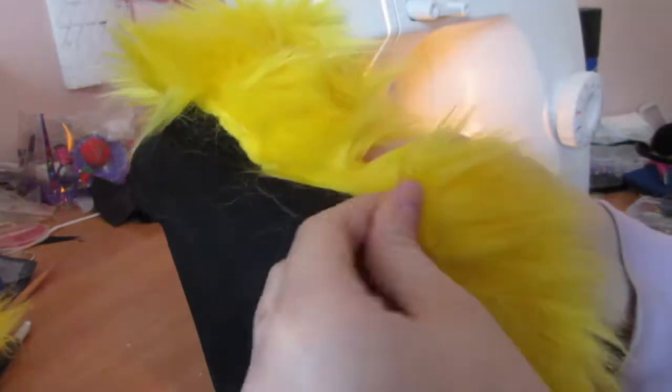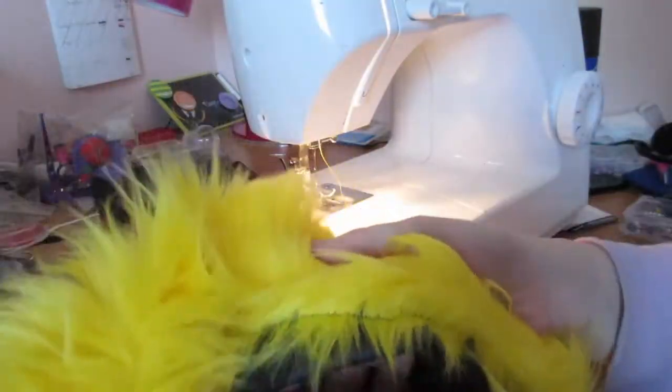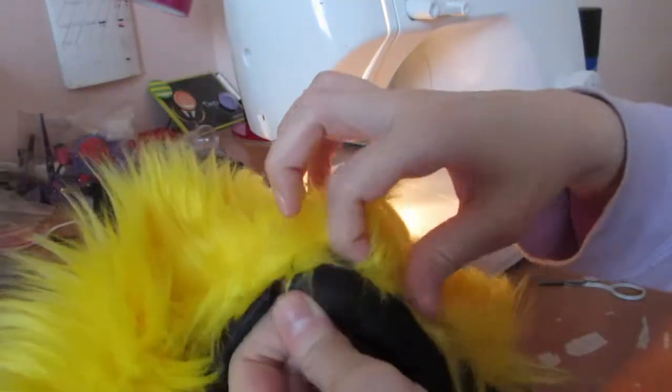So that is the fur sewed on. Next is the very tedious part: you have to pull the fur out from the stitching because otherwise it won't lay quite right. Although I think I did a pretty decent job of pulling the fur out of the way for the most part, so I should be able to just brush it out, which you're gonna need to do frequently. It's going to shed everywhere, like it is all over this beautiful black fabric. It's not beautiful, it's just cotton. And then on this side you'll also have to do the same thing, and you'll just have to pull the fur right out from the stitches